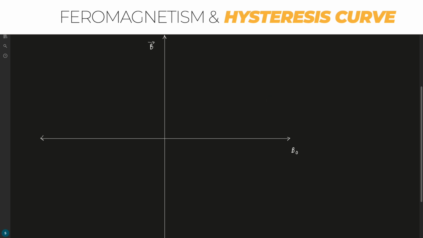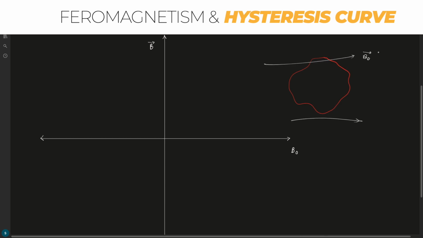So what we essentially mean is that if this is a ferromagnet, and this is the external magnetic field, and you increase the external magnetic field gradually, then one by one all these magnetic moments start orienting themselves in the direction of the magnetic field, right? So the internal magnetic field will start increasing as soon as you increase the external magnetic field. The more external magnetic field, the more internal magnetic moments orient themselves according to the external magnetic field. All right, so the curve will go in this way,